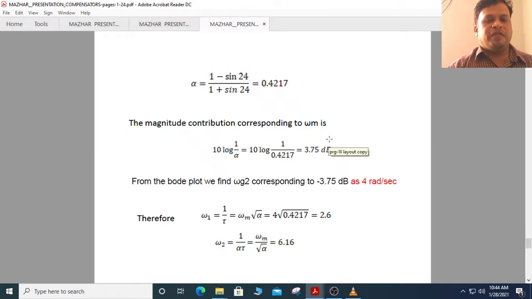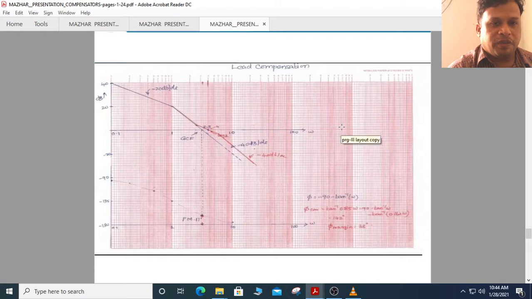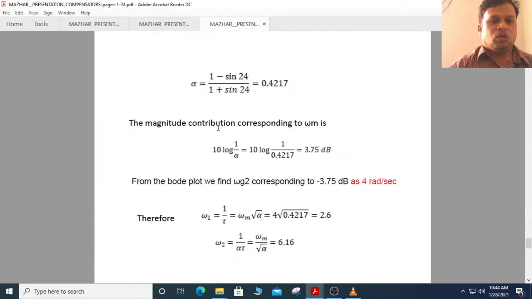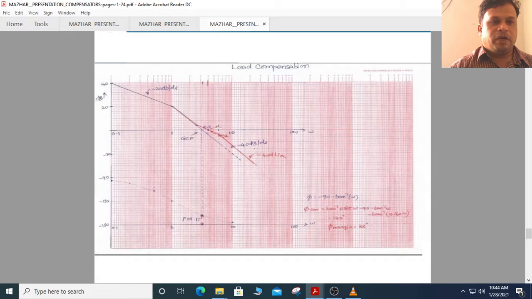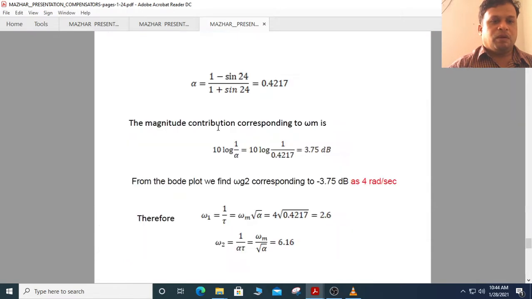and we can place it at 4 radians per second. At 4 radians per second we can place minus 3.75 dB. From the Bode plot we find omega G2 corresponding to 3.75 dB is at 4 radians per second. Okay. Now the 4 radians per second is plotted there. Here we have shown the 4 radians per second. For this 4 radians per second, it is shown 3.75 dB. Okay. Now from the Bode plot we find omega G2 corresponding to minus 3.75 dB as 4 radians